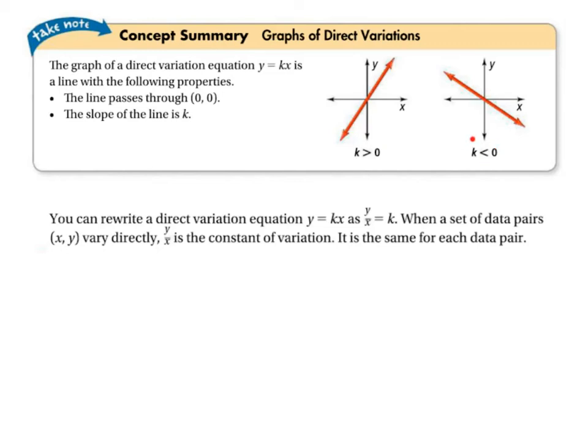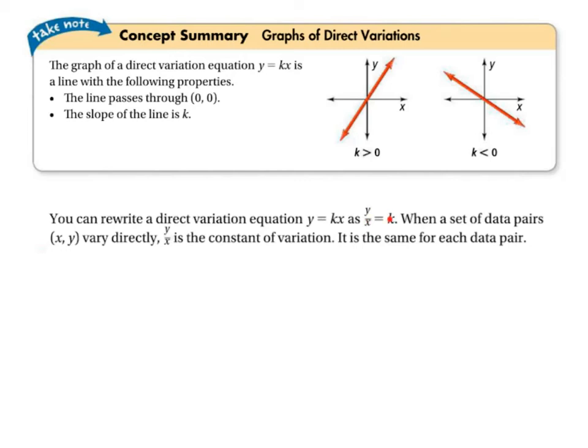Here, when k is less than 0, or this k value is a negative number, we're going to have a negative slope, and it's going to drop as you go to the right. Okay, so you have graphs looking like that. If the k value is positive, it will rise to the right because the slope is positive. And if the k value is less than 0, meaning the slope is a negative number, it will drop to the right. Okay. You can, of course, rewrite y equals kx as y over x is equal to